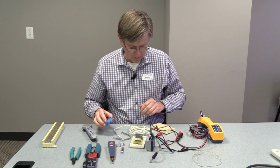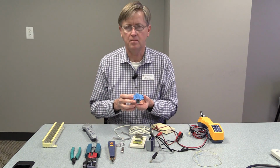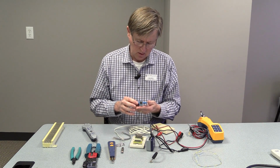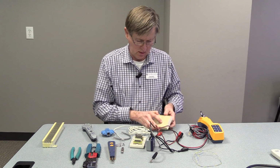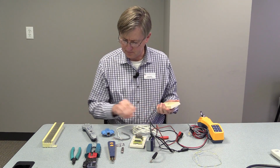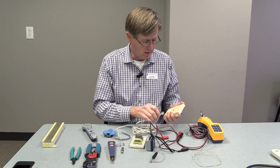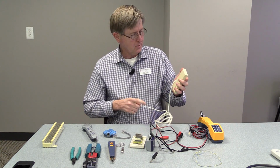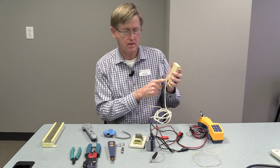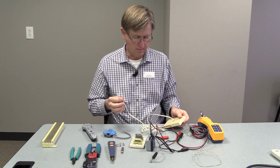The next piece I want to show is this piece here. It's called a mod adapter, a modular adapter. This is good when you're working in situations where you don't have the right end of a phone wire or something like that. If you go to an office, this would be a jack that's similar to what you would see in any office, and